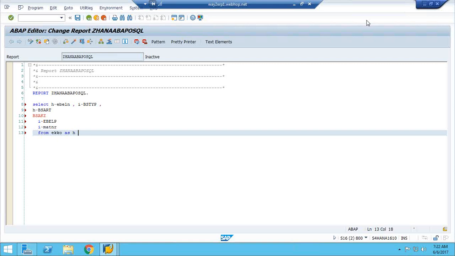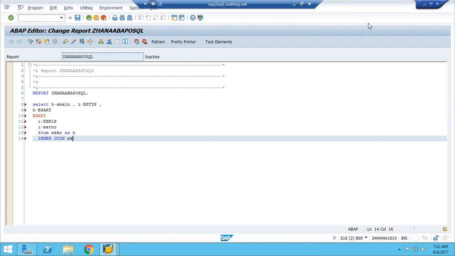You can do multiple joins. Inner join EKPO.